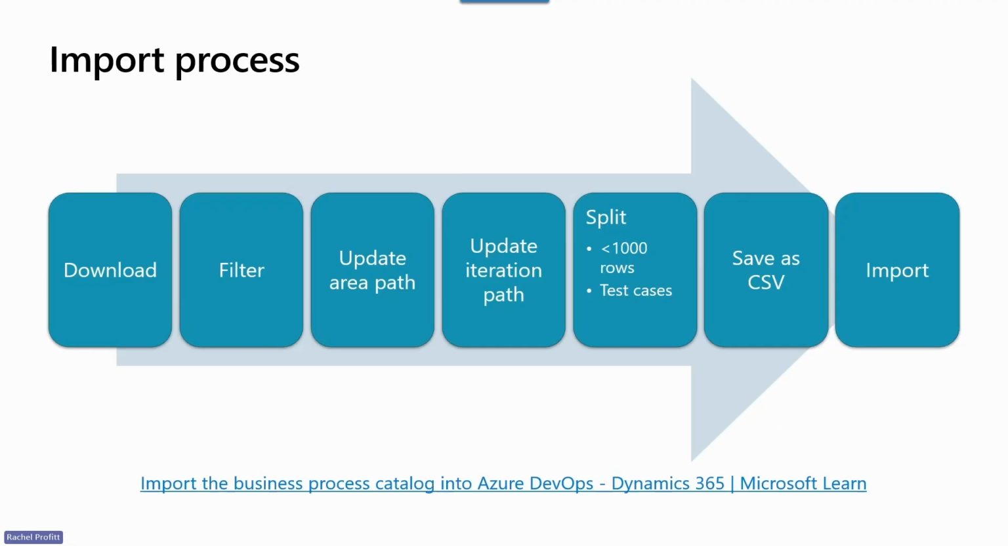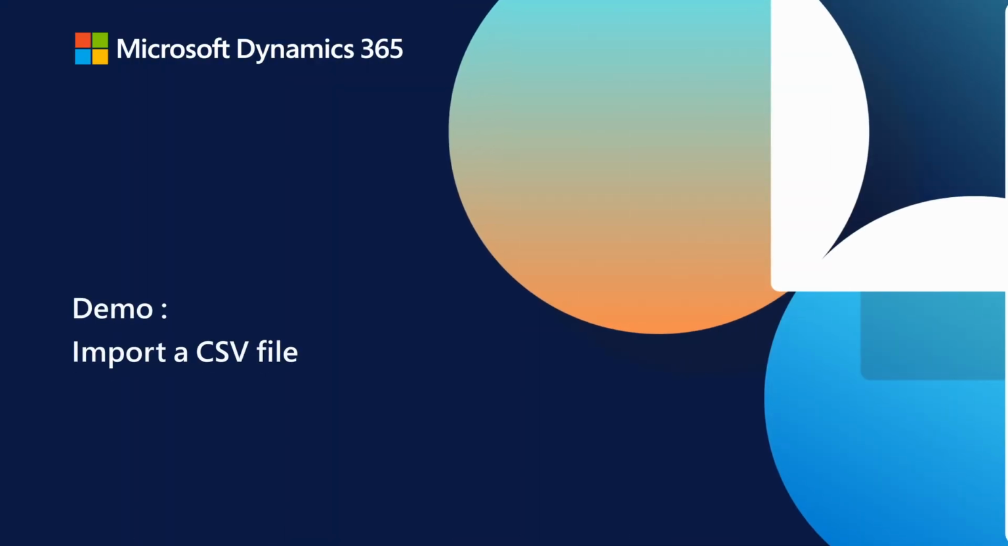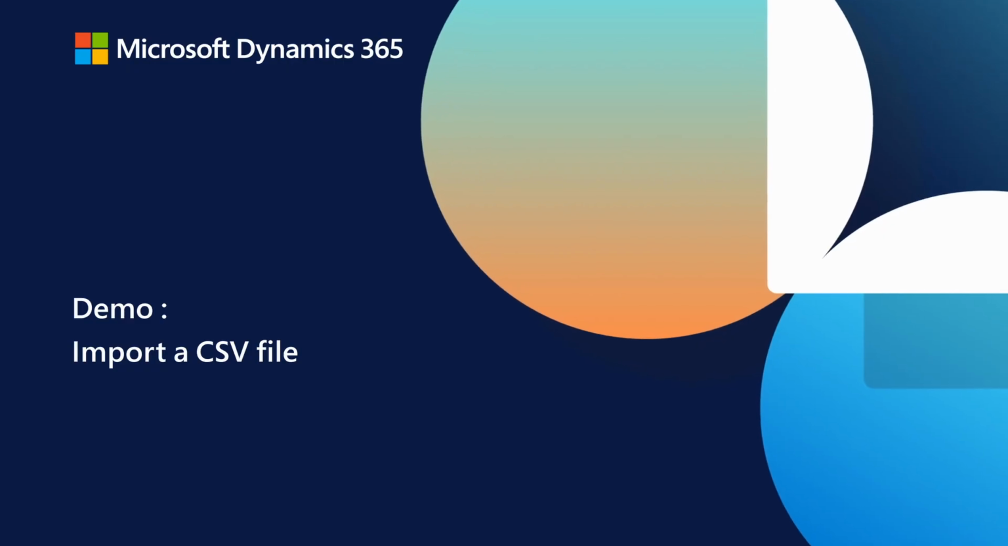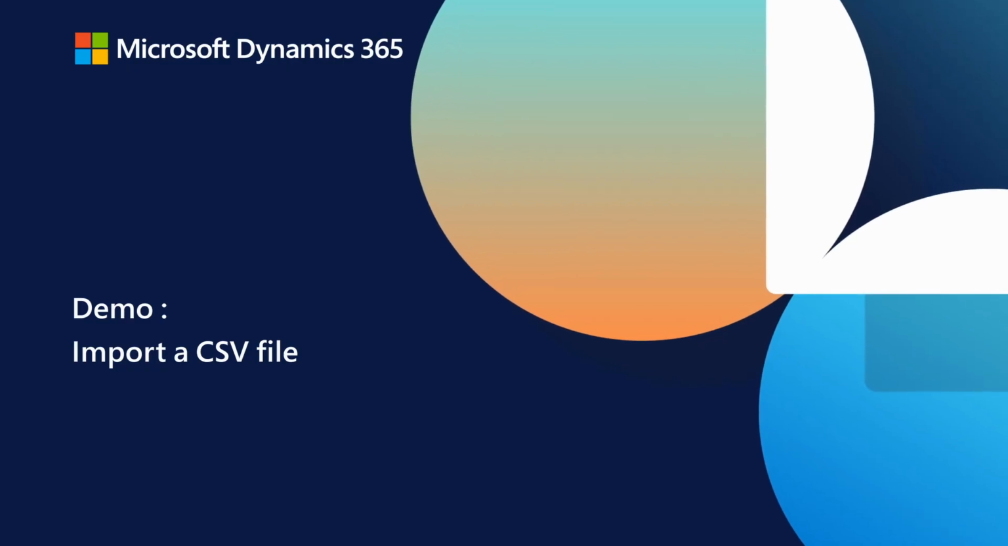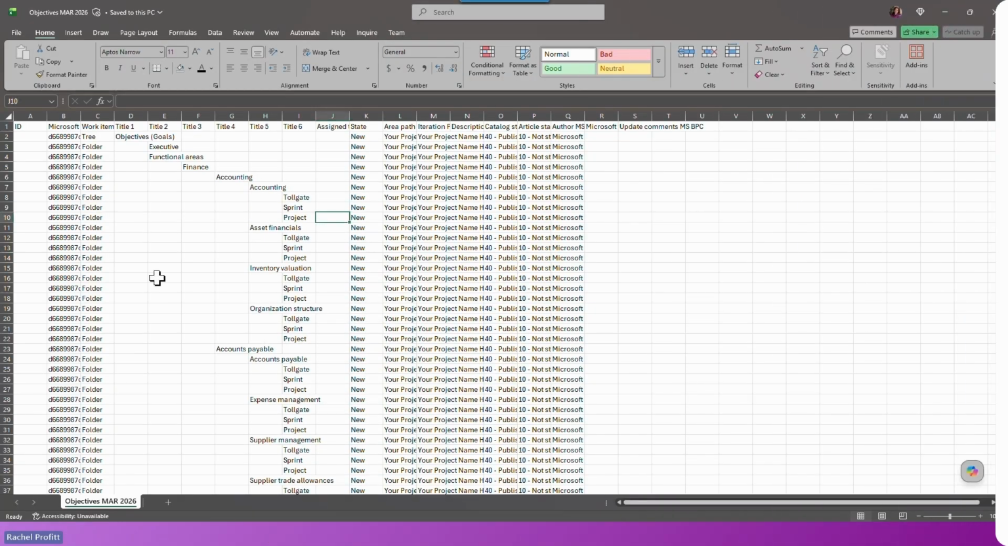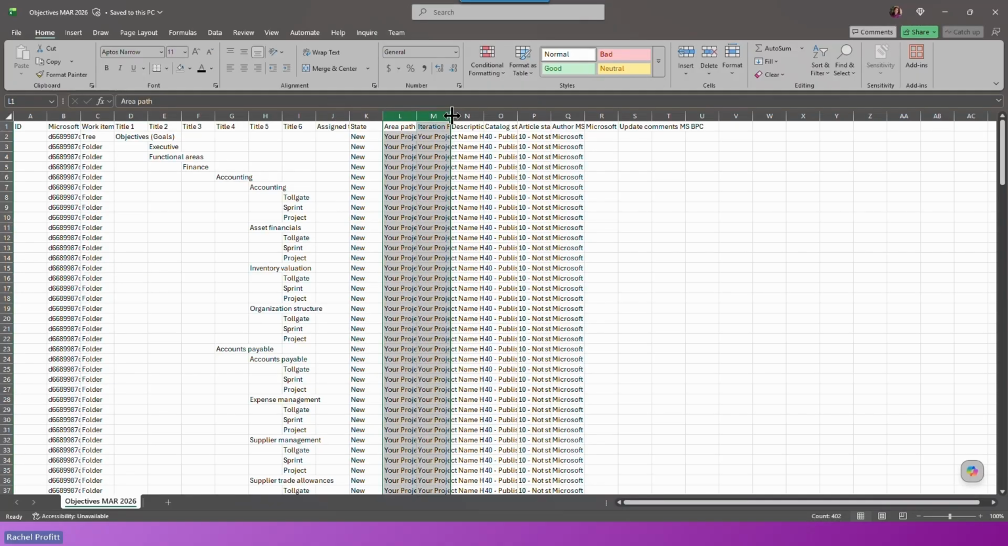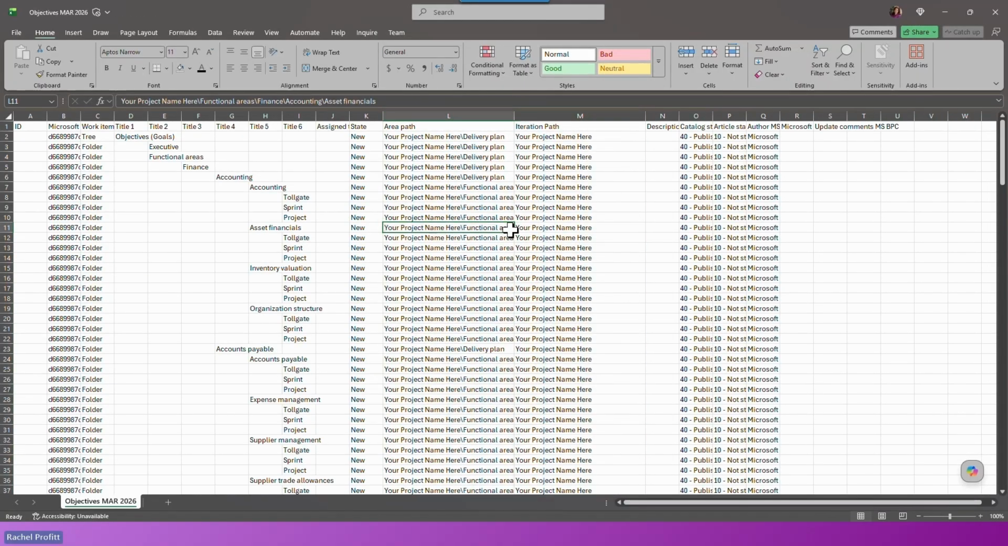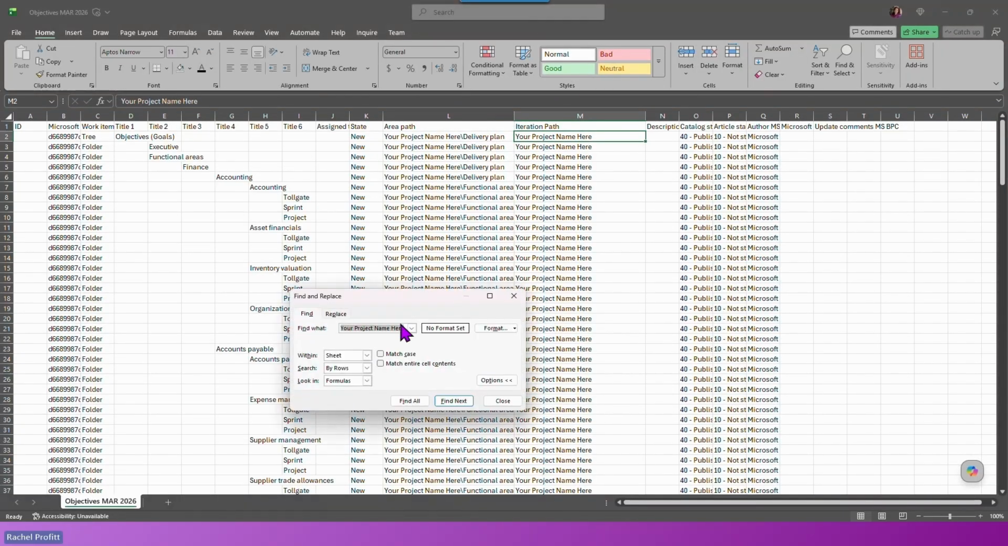So what I'm going to do is a short little demo here for you of how to import one of these CSV files. For the demonstration, I'm going to use the objectives file. And so I'm going to switch over. I actually have the objectives file open. I have not done the replacement yet of the area path and iteration path. So I am going to do a find and replace